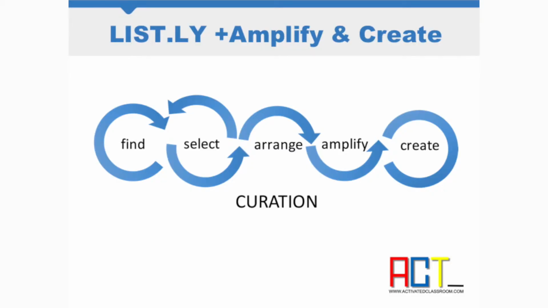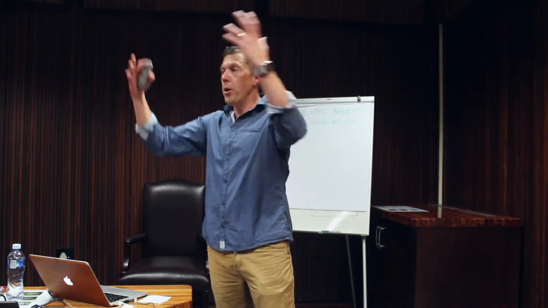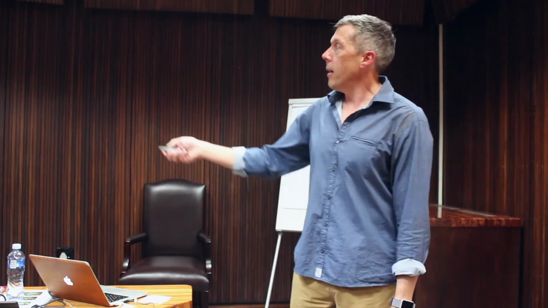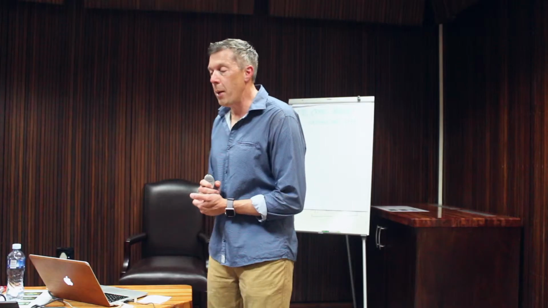But curation really starts to get powerful when you start to arrange it. Now, in this example, the computer was doing the arranging for you because it was putting all the similar ones together in a word cloud. And when there were more, it got bigger. But curation really gets powerful when not only do we arrange it, we amplify it, and we create something. So, for example, I would say to my students, I'm not giving you a list of readings on this X topic.